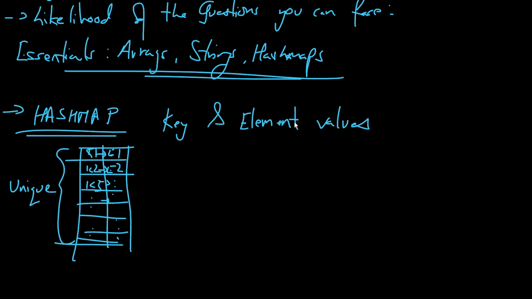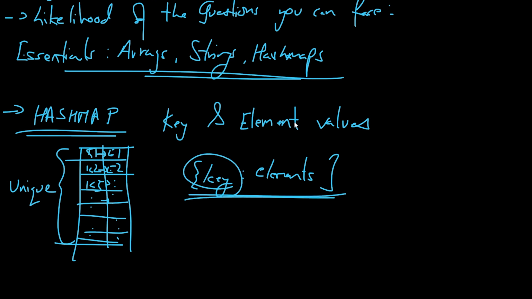I am not going to go into a lot of theory, but essentially a key is mapped to every single element. Elements can be repeated, keys cannot. Keys are supposed to be always unique. That is the way you tackle the Hashmap problems. We will directly start with some of its implementation, then we will look at some problems.